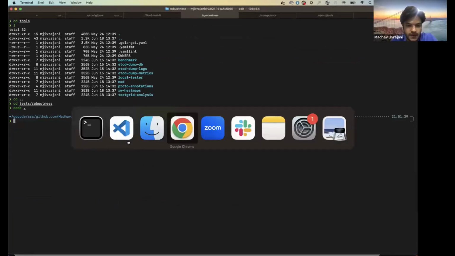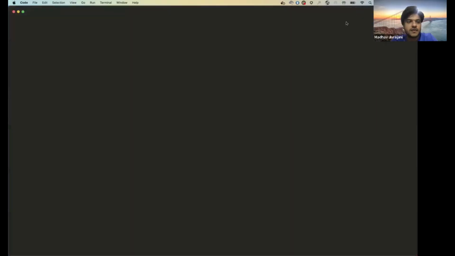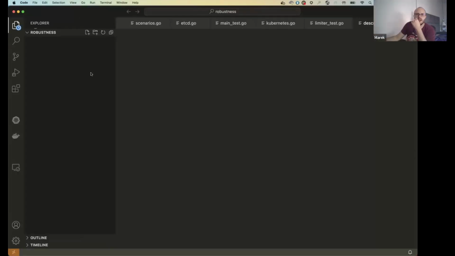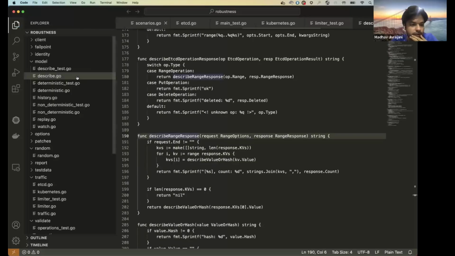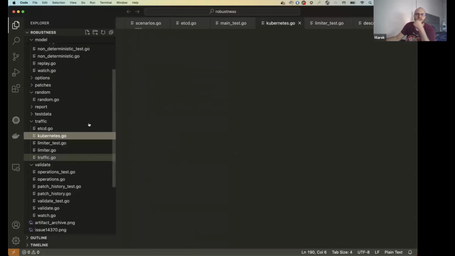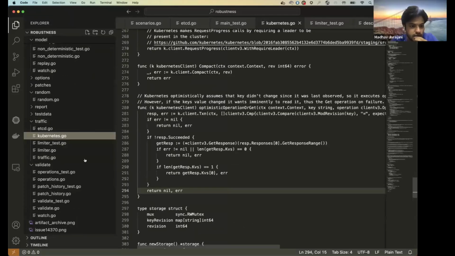Yeah, I'm trying to open VS Code, but it's just like, okay. I was thinking if we can just look at where the traffic is being generated in the code. I mean, you could reduce it yourself. It should be in traffic because